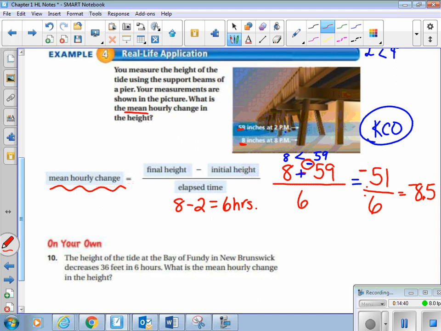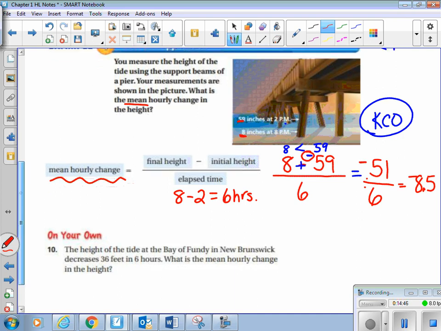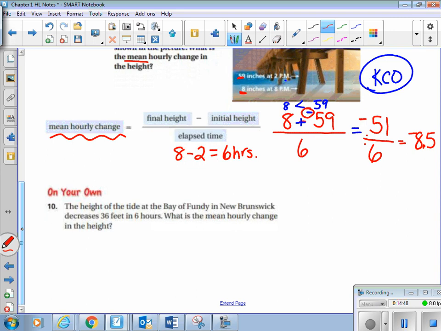The height of the tide at the Bay of Fundy in New Brunswick decreases 36 feet in 6 hours. What is the mean hourly change in the height? So it's telling us that it decreases 36 feet. So you have to think about what integer would represent a decrease of 36. When something goes down, that is a negative. So we already know this part. They gave it to us. It decreased by 36